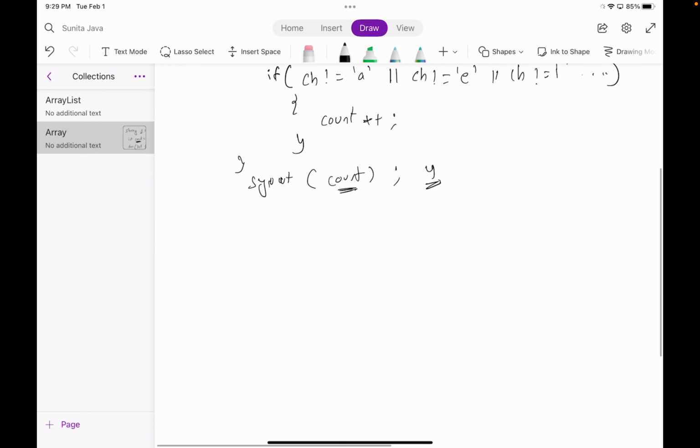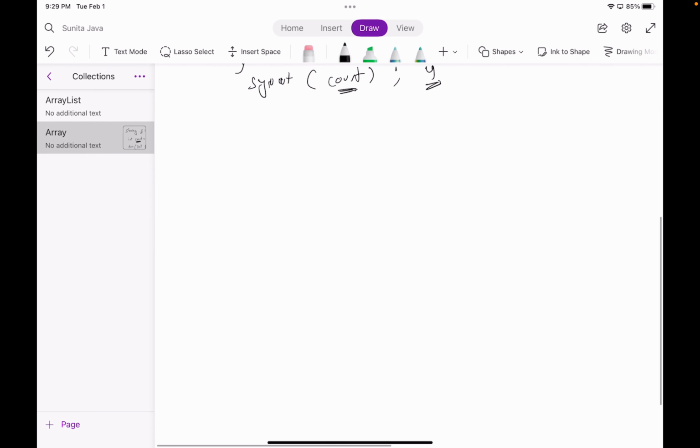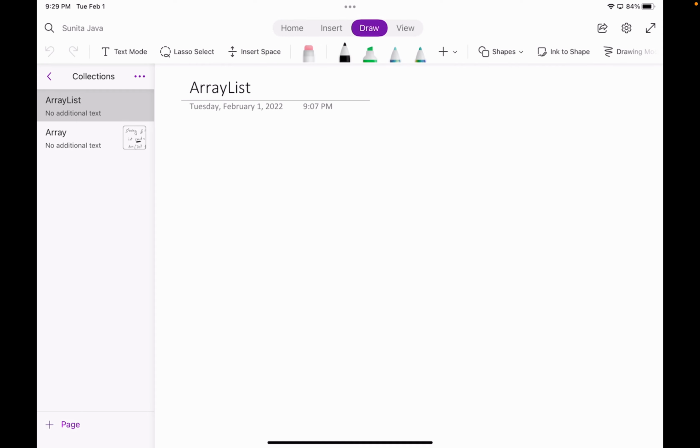Okay, this is the basic concept of array. Now let me